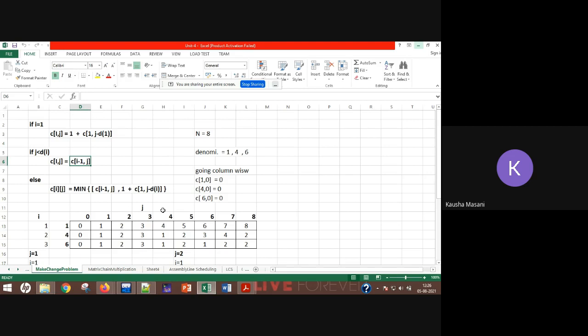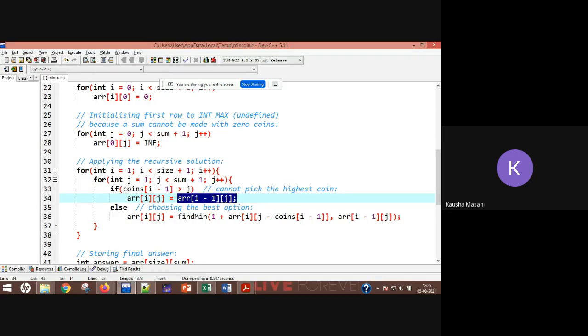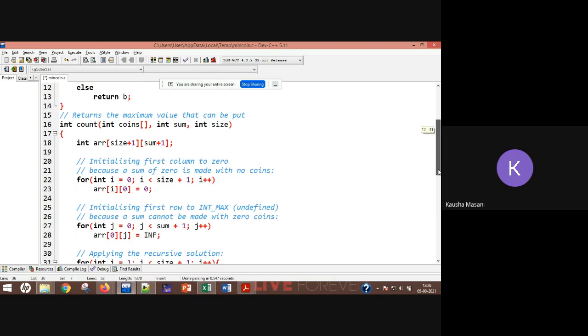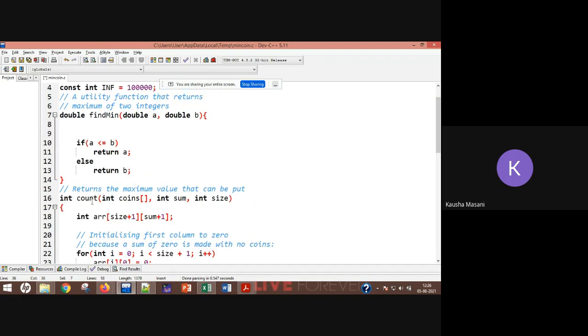Otherwise, choose the next best option, that means find the minimum out of the two. Again, one function is called and values are passed. So find minimum, whichever is the minimum that you return. Are you guys getting it?